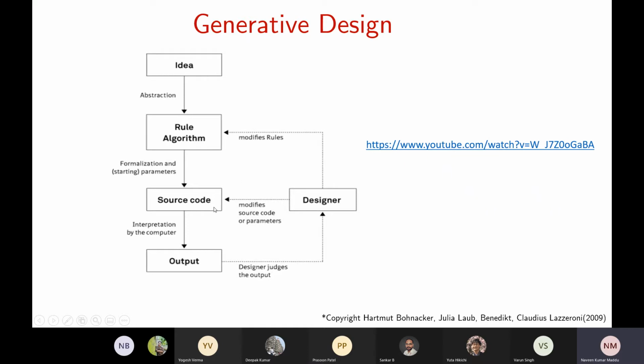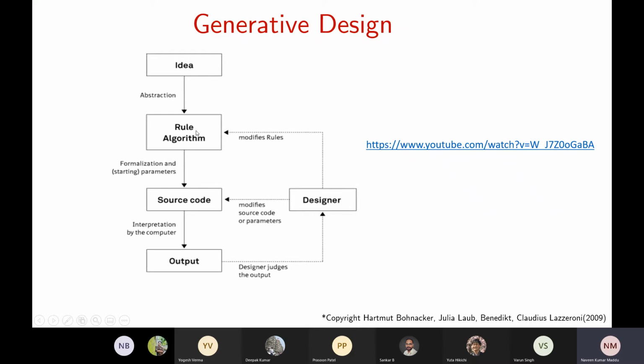So this is your source code, and then you get some chair, and that chair will be analyzed by the design judges, obviously, whether it is an optimal product or not. If the designer is not satisfied, then either he or she can change the rules of the algorithm.